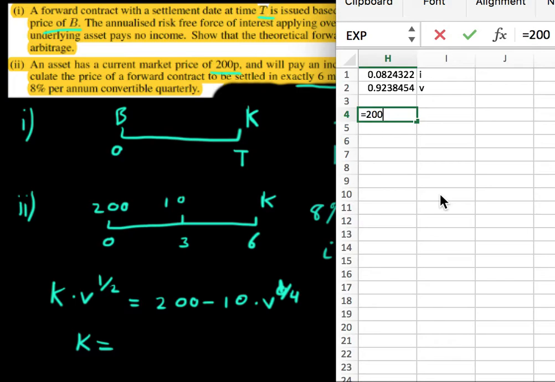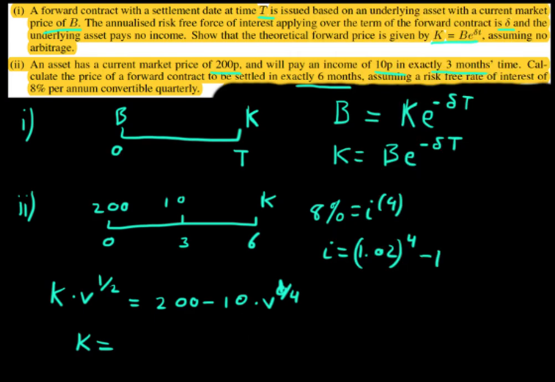So that is equal to 200 minus 10 times our v to the power of a quarter. And then we just have to multiply it now. We've got to accumulate it for half a year, which is that times 1 plus our interest rate to the power of a half, which is, there we go, 197.88, which is in pence. So 197.88 pence,